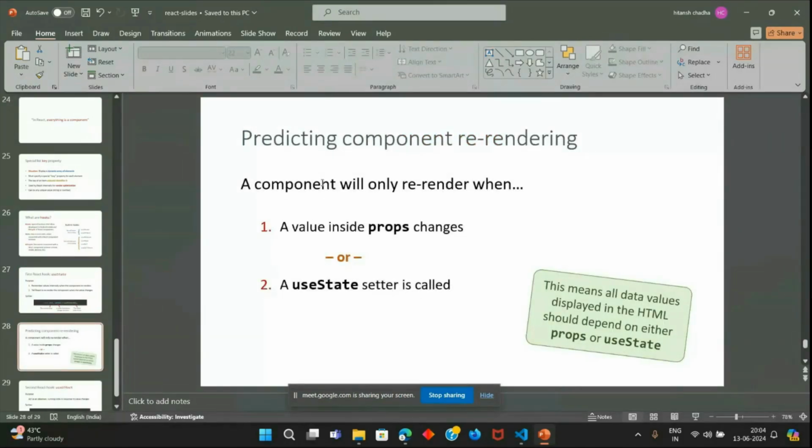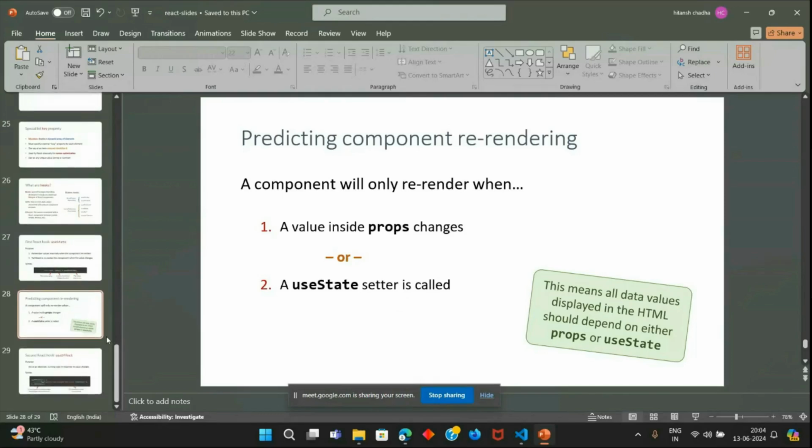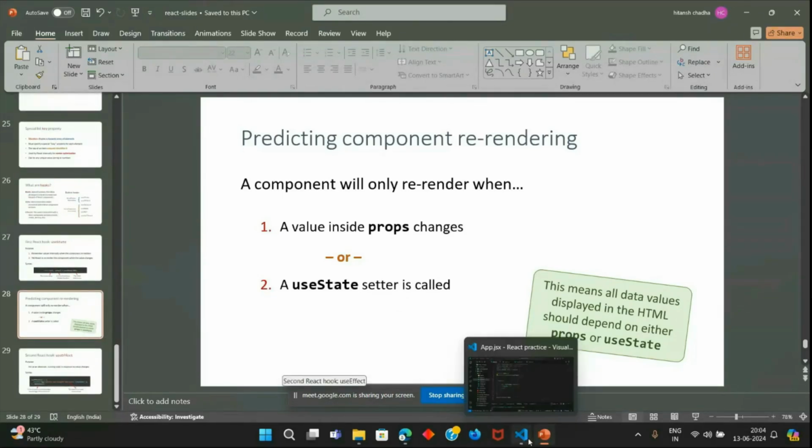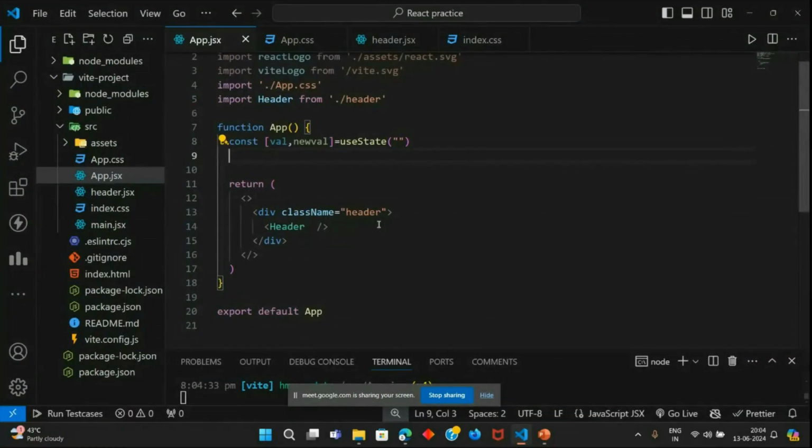So predicting a component re-rendering. A component will only re-render when the value inside the props changes or a useState setter is called. Okay. So this is the case. Okay, and we also have a useEffect hook. So I'll be using this useState hook. So now what I'll be doing is I'll be creating